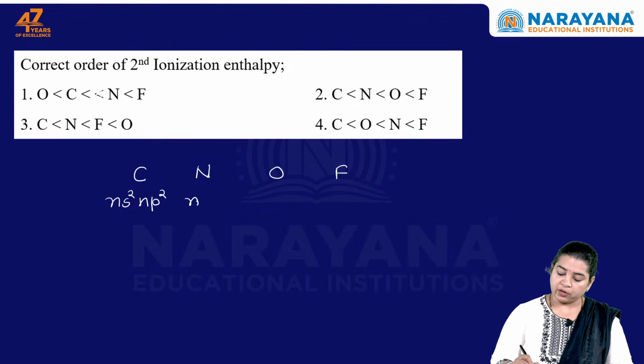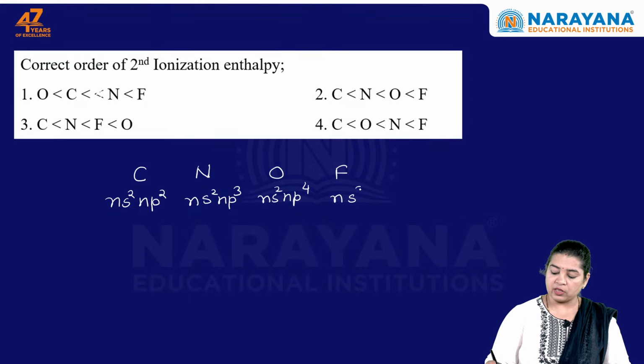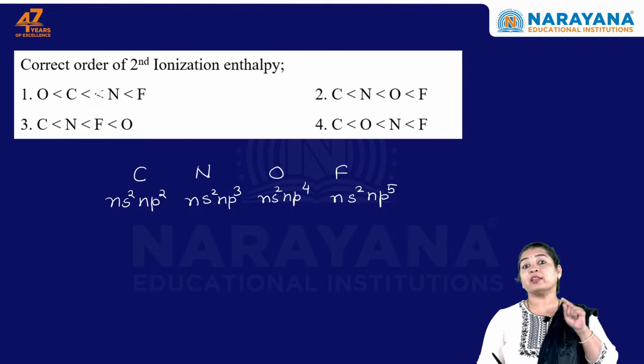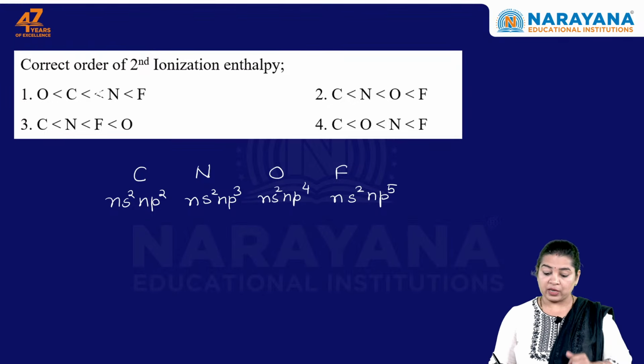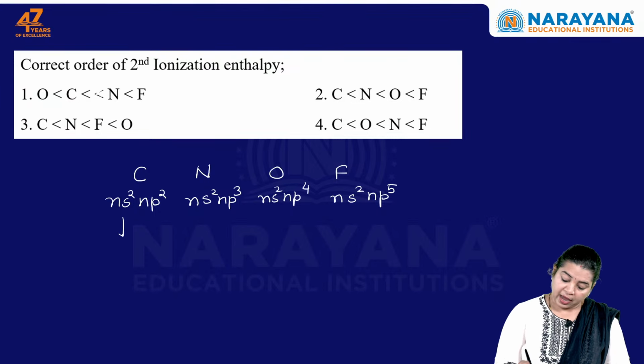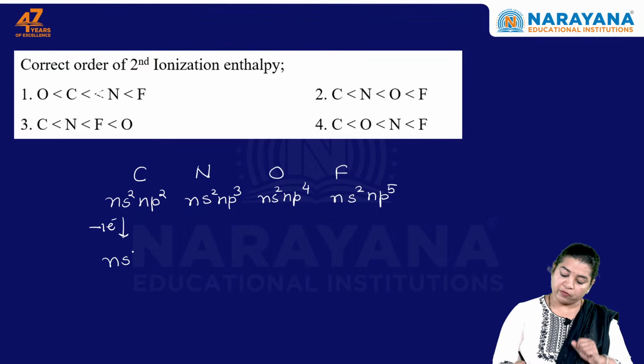Ns2Np2. Nitrogen will be Ns2Np3, oxygen is Ns2Np4 and fluorine is Ns2Np5. This is the configuration when they are in ground state. But the question is asking about the second ionization enthalpy. So I have to release one electron from all of these and now rewrite the configuration